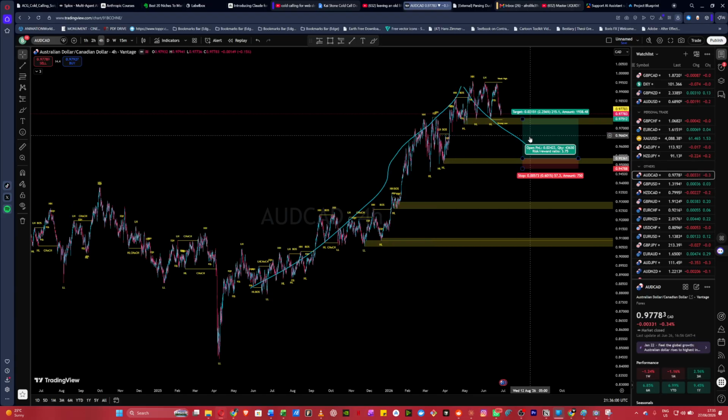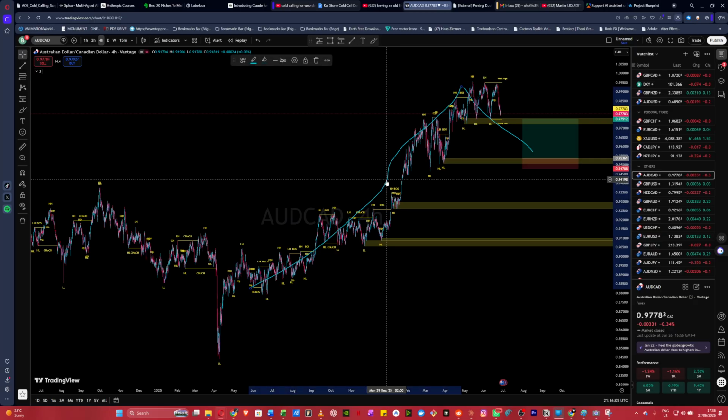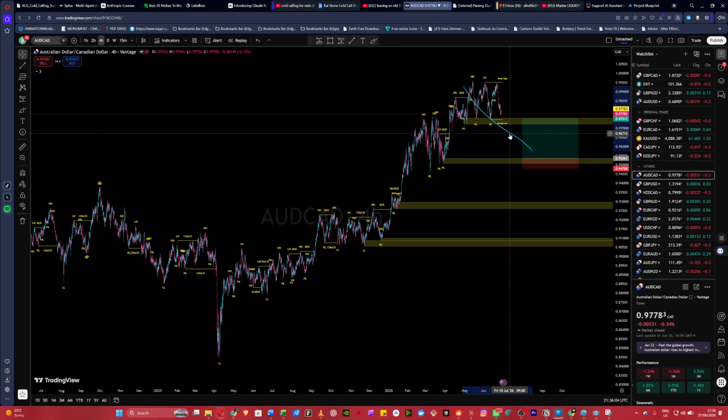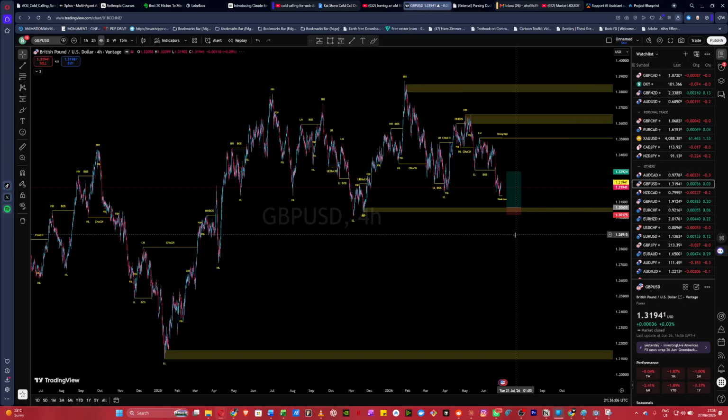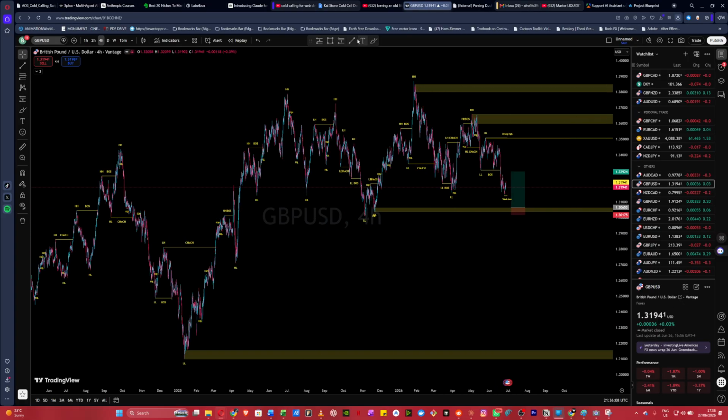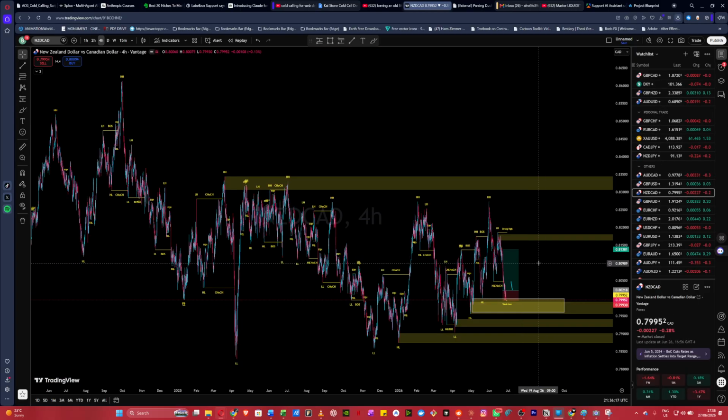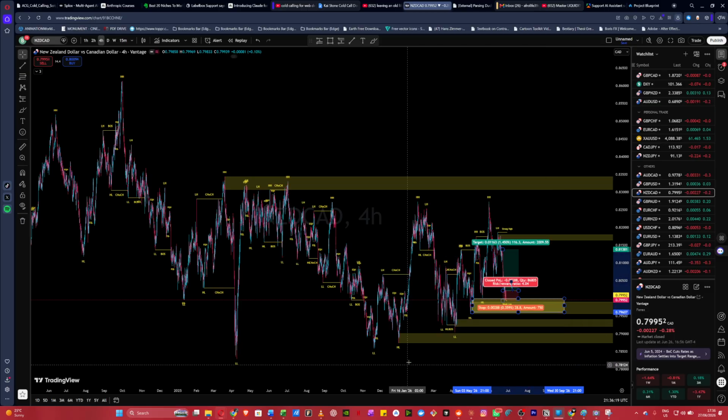If I check every other one, okay, this one too, but who knows when it's going to get here? No one knows. And then this one, all right. I don't know if it's going to get here, because this one depends on the DXY. Nah, this is not my trade